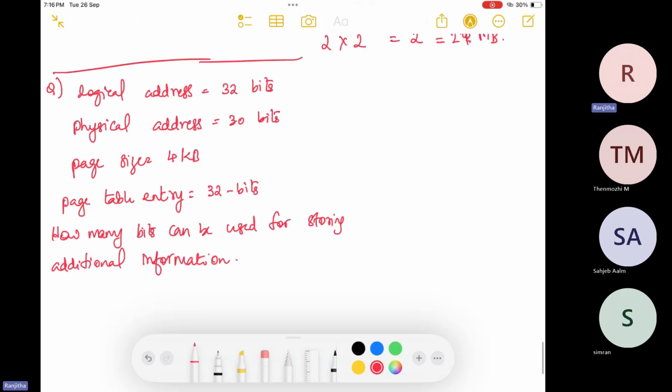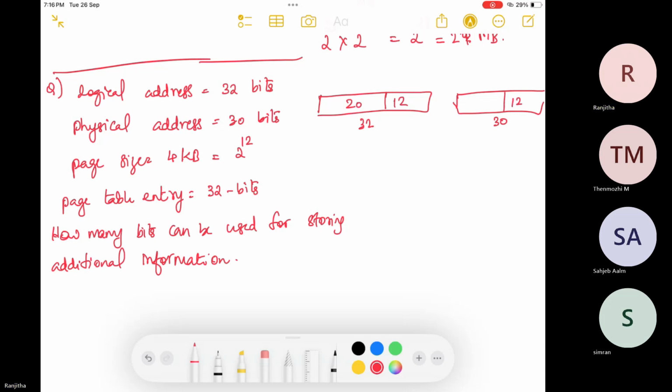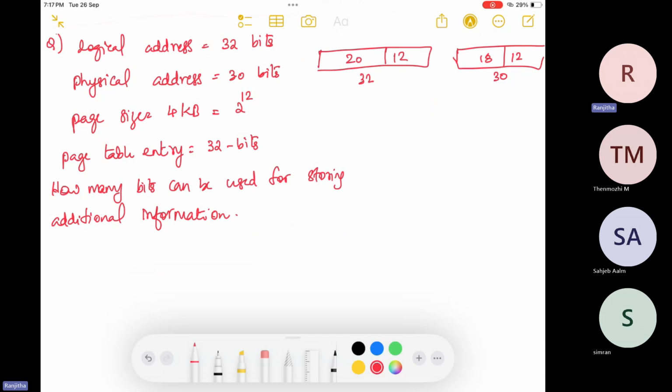Okay, so let's convert this to power 12. We have the logical address as 32 bits, and this is 30 bits. So this is 30, this is 32. So we have 12 and 20. This again 12 and 18. Right? In the page table, till now we have seen that